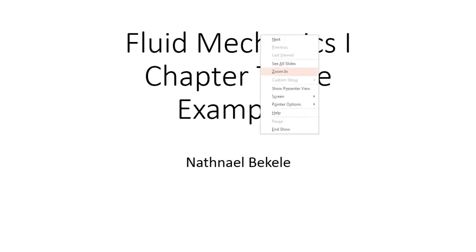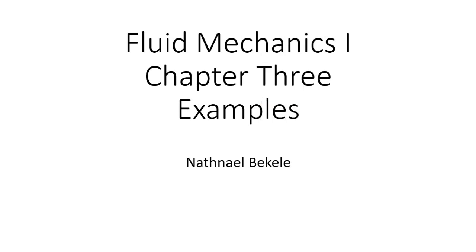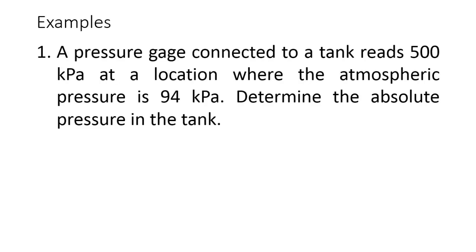Okay, we have more examples here. This is for chapter 3. We have a pressure gauge connected to a tank which reads 500 kilopascal at a location where the atmospheric pressure is 94 kilopascal. So the main point I want you to see in this part is the concept of absolute pressure and